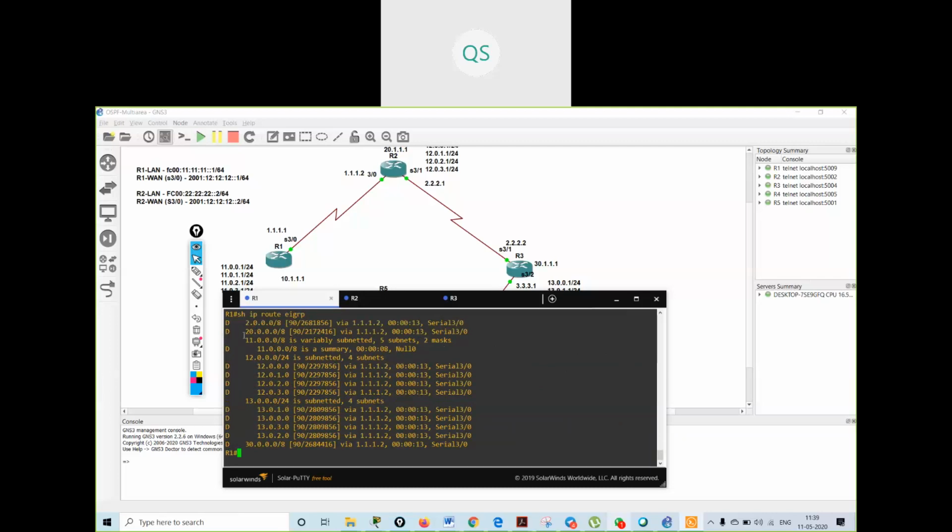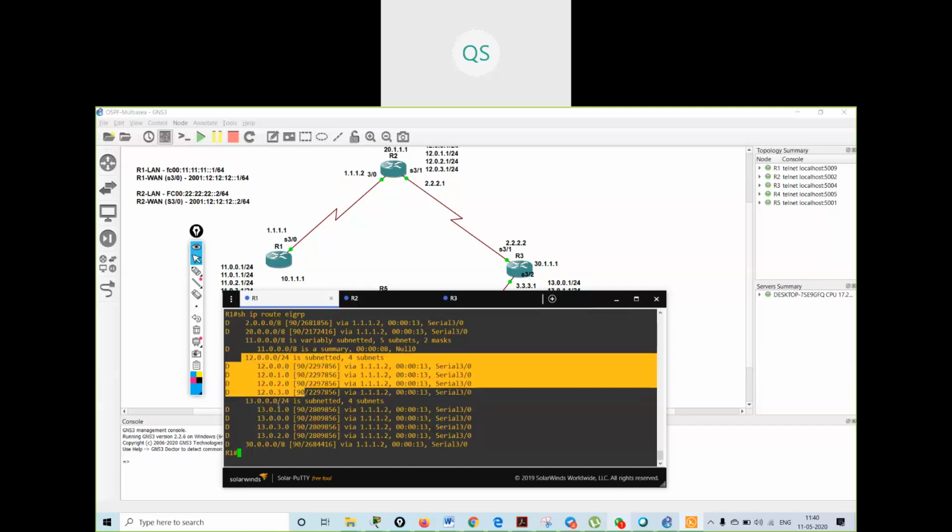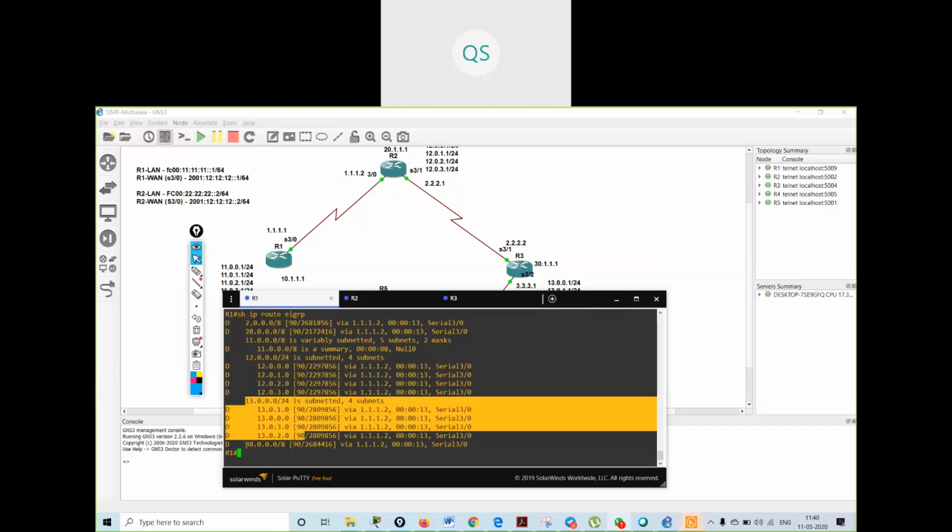I thought you didn't put no auto summary on it. Router one, I have not put no auto summary over here. No issues, I will put it. So see, 2 dot network, 20 dot network, 12 dot network, 13 dot and 30 dot.